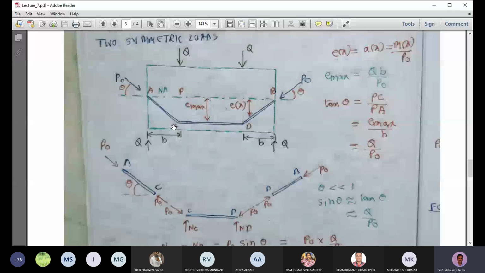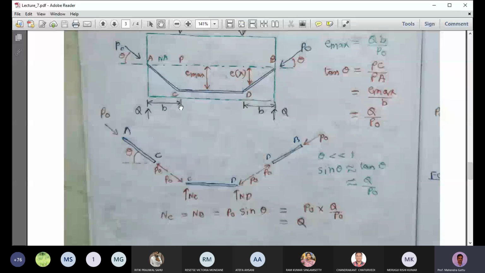for this cable. So again, we'll do an analysis like a truss element. So AC will be a truss element, and similarly BD will be a truss element. Okay, and CD also, we'll do the analysis for CD. Okay, it's not exactly truss, I think. So for AC, there is this force P naught which is compressing it, and an equal opposite force will balance that.